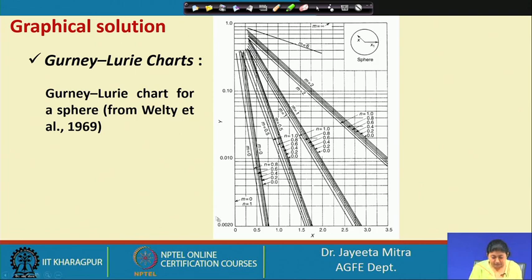So, there is a problem in using this chart for actual calculation, because in actual food processes most of the cases the dimensions are finite, and if we use this kind of